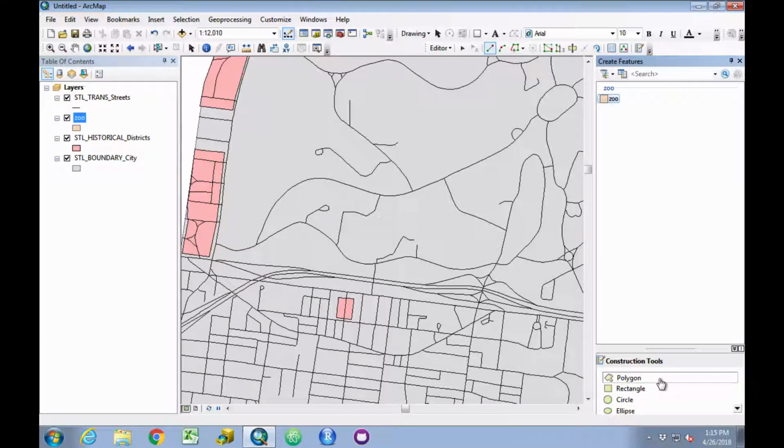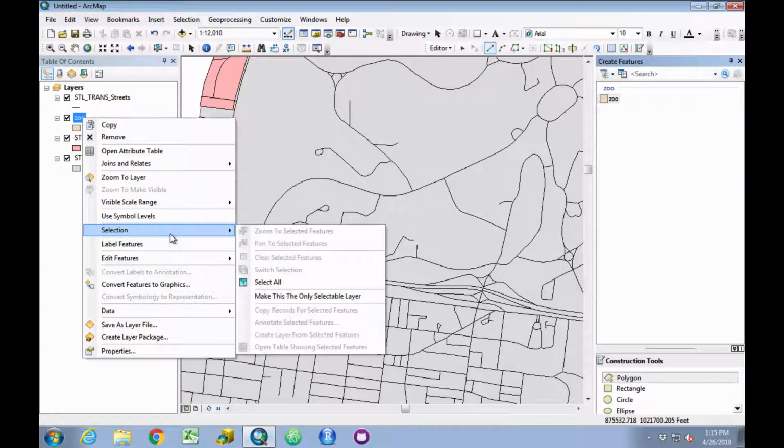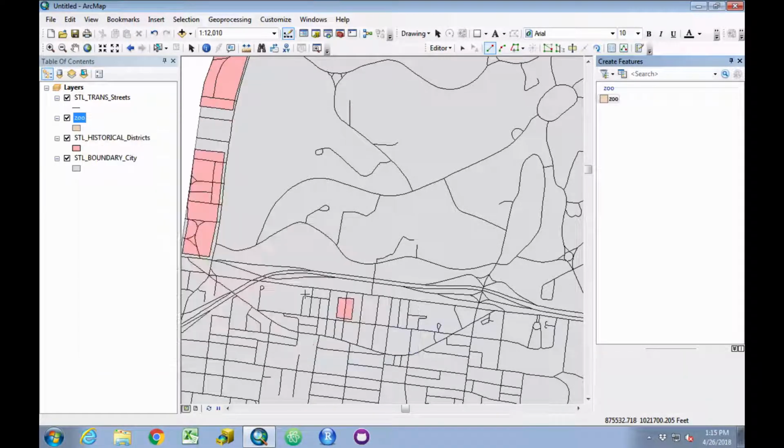The last thing we want to do before we start drawing is to make sure that the zoo is the only selectable layer. So we'll right-click on the zoo in the table of contents and go to Selection, make this the only selectable layer. You'll notice the crosshair cursor is now available, and if we hold this over an intersection, our cursor will snap to that underlying feature. So in this case, it's snapping to the streets,